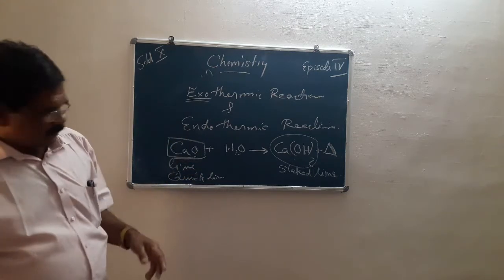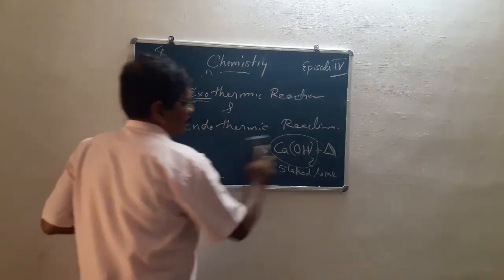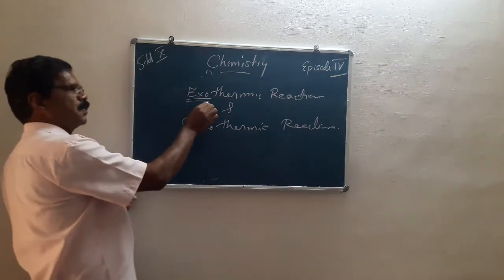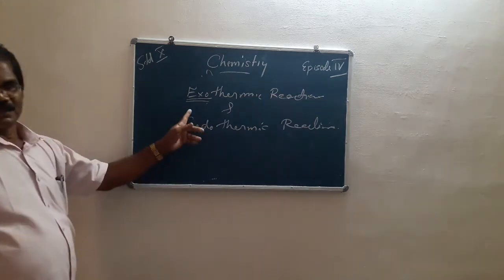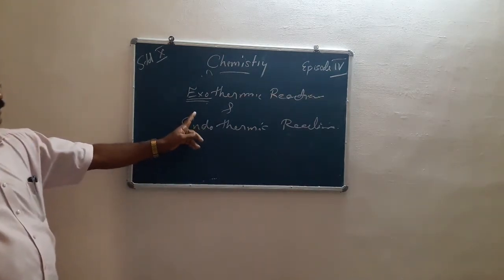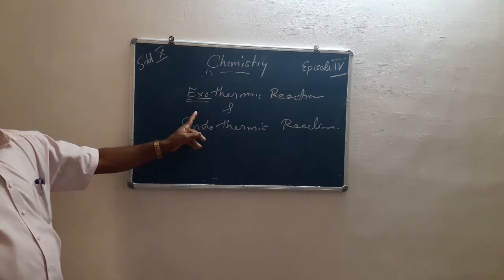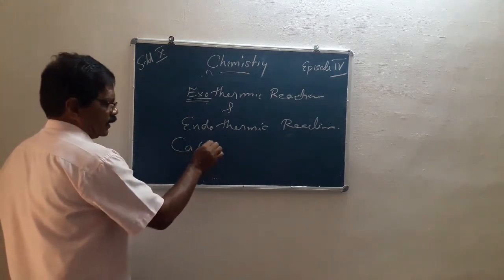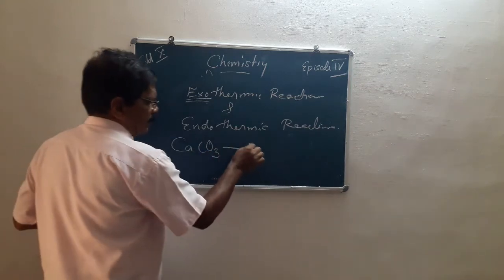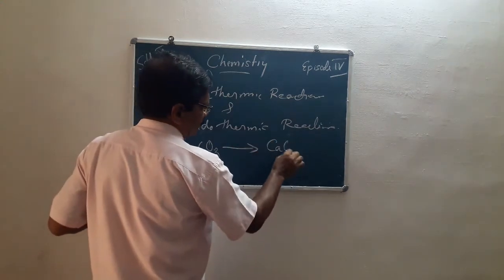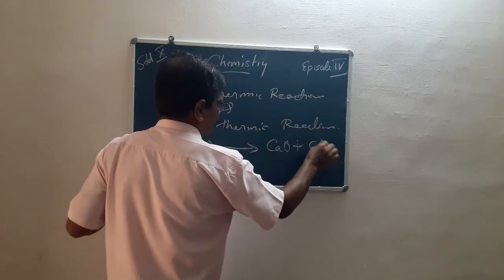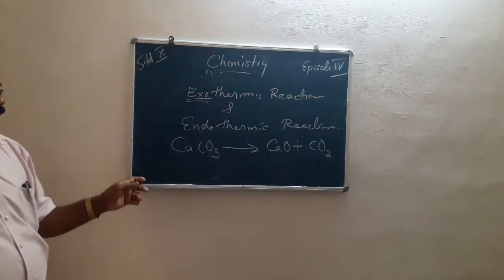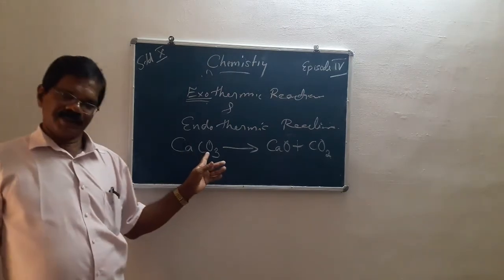This is exothermic reactions. The other is endothermic reactions. Endothermic reaction is just the opposite of exothermic reactions: those reactions in which heat energy is absorbed. For example, calcium carbonate on heating decomposes to give calcium oxide plus carbon dioxide. Calcium carbonate,